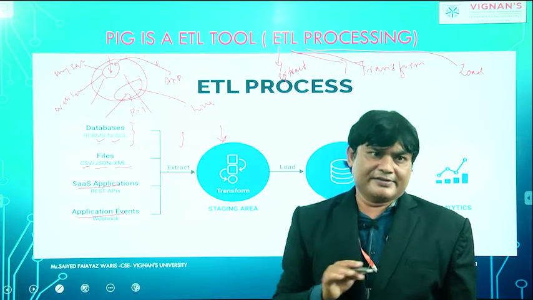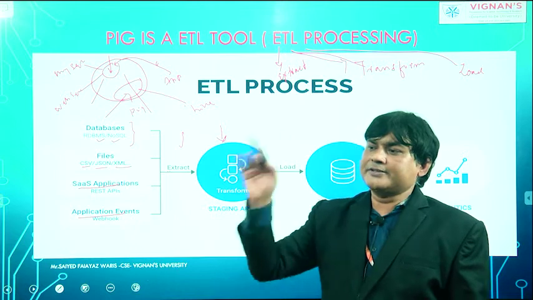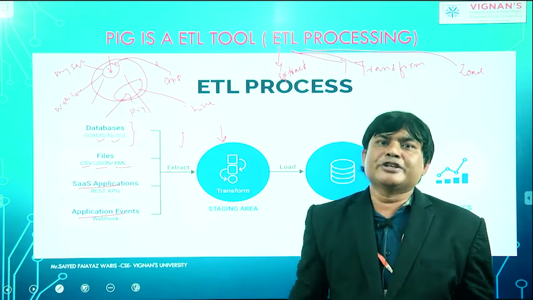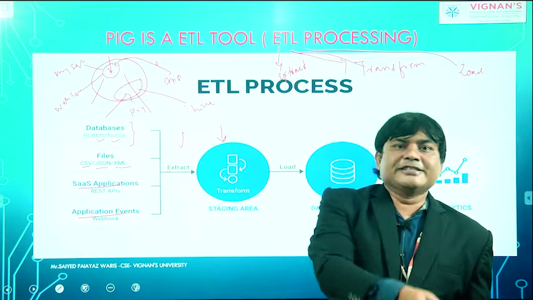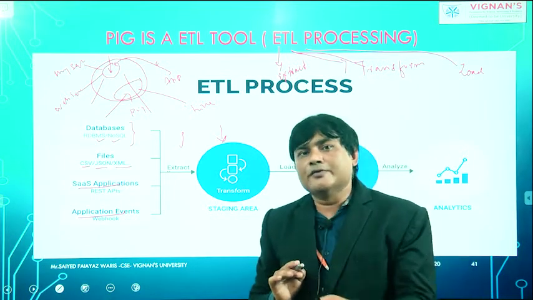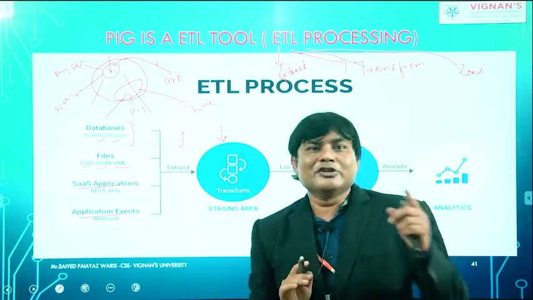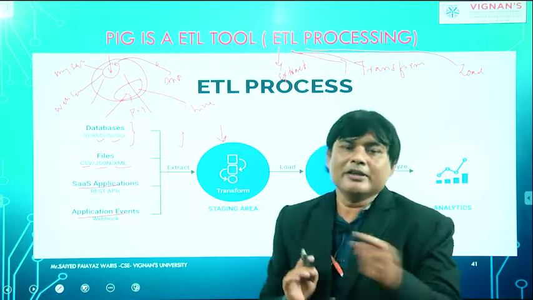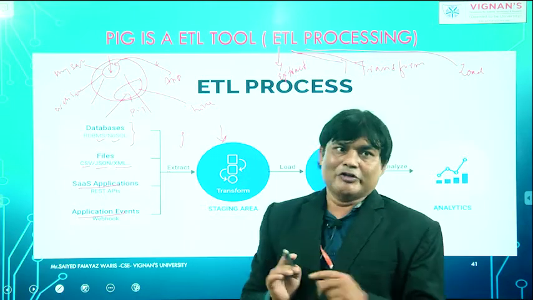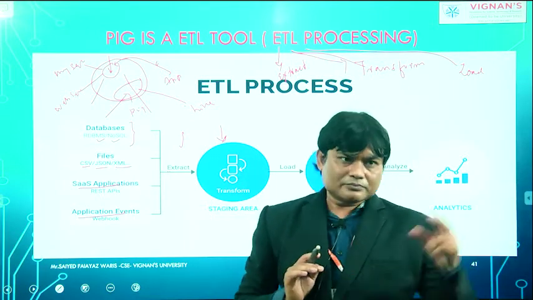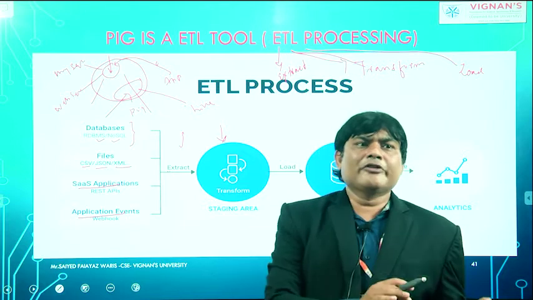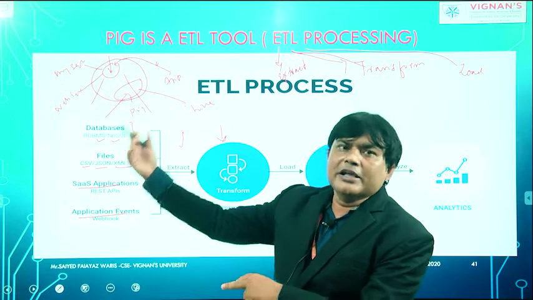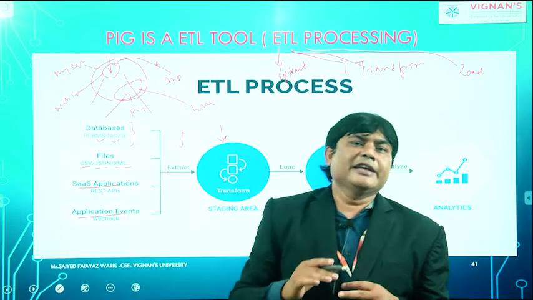We have HDFS, so Pig will take data from HDFS and transform it. After the transformation, it will put the result back into HDFS. We just saw the example of Twitter also. In Twitter, what did we do? We did the same thing: extracting, transforming, and loading. You extract the data from Twitter and load it into HDFS. Then Pig will take the data, transform it, and put the result back to HDFS.